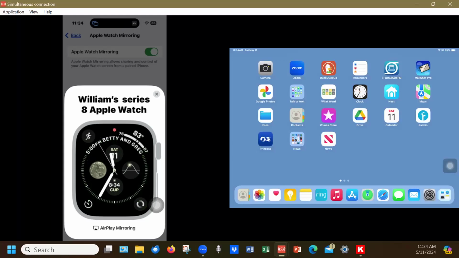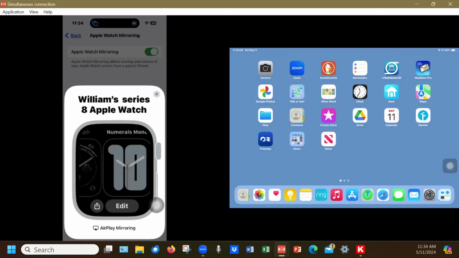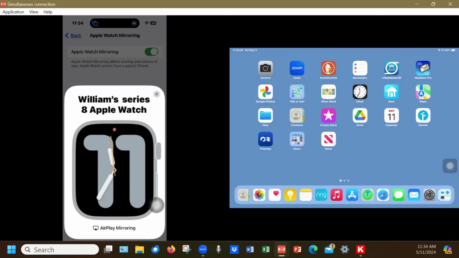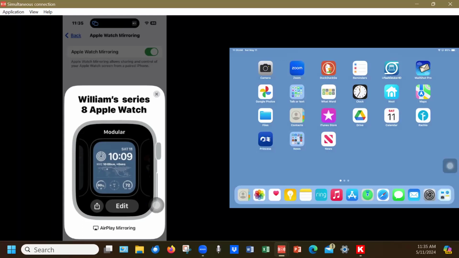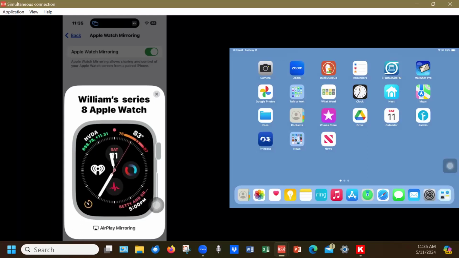So, for example, if I go to another watch face here, this one has all kinds of measurements on it for my health. For example, the blue, green, and red circle over here. That's my blood oxygen level. If I tap that